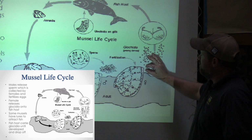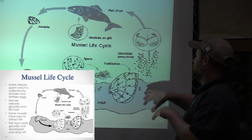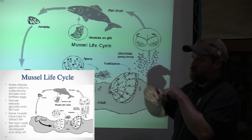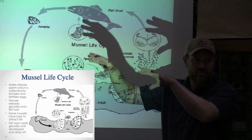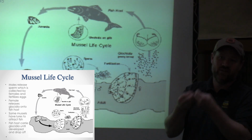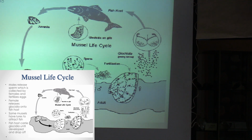And sometimes they don't have exactly a lure. They have something called a glutinate, which is basically a little worm. It looks like a worm, but it'll just free float off, and then the fish will want to bite that, and that's when those little glochidia will come out too. But that's the mussel life cycle. It's kind of a crazy